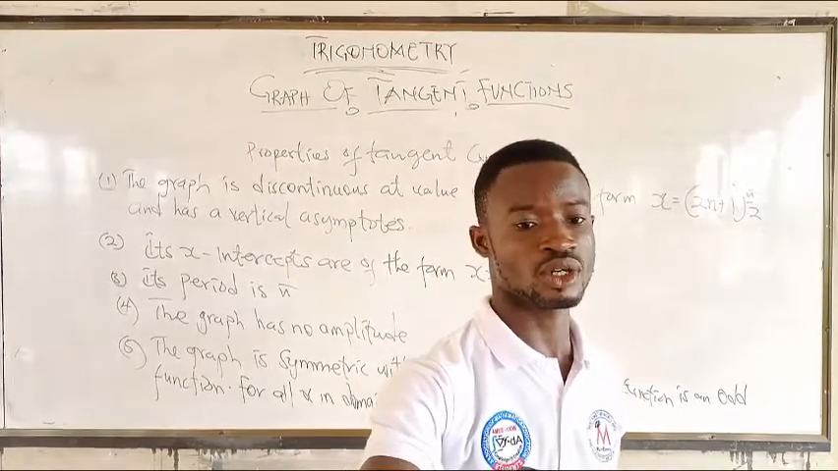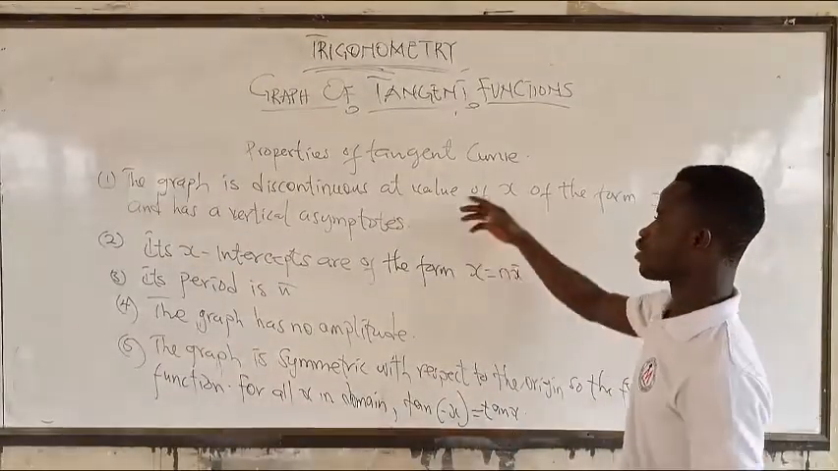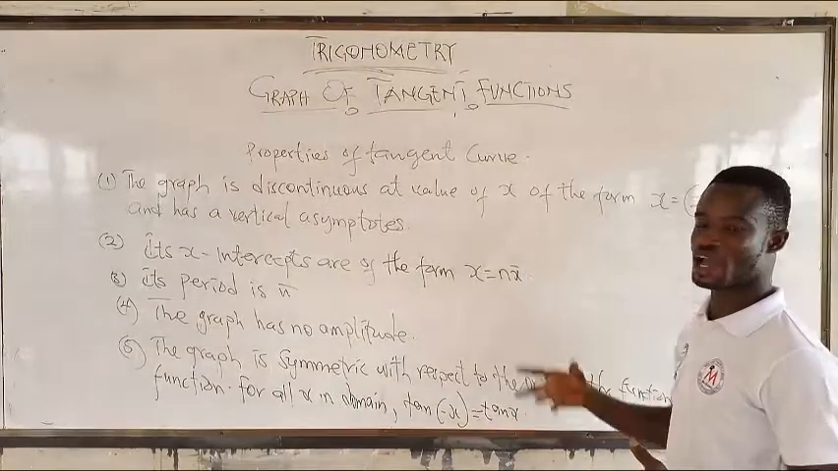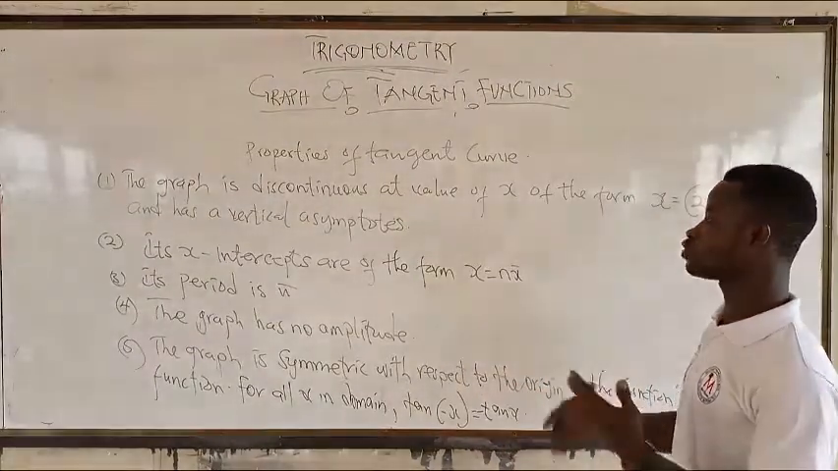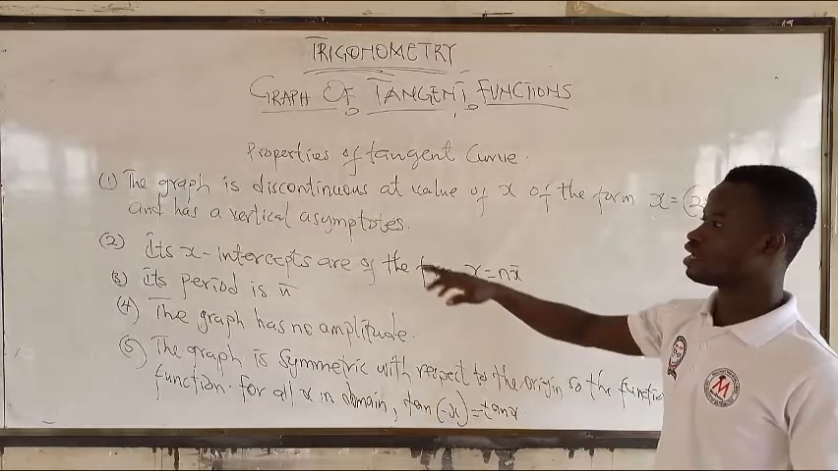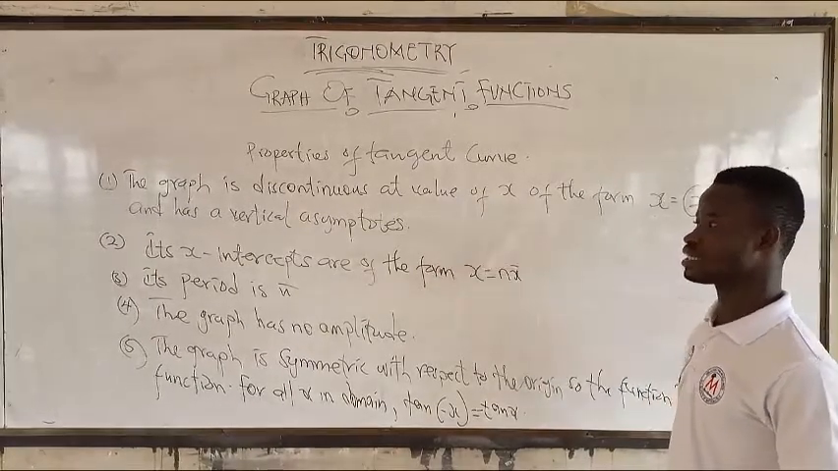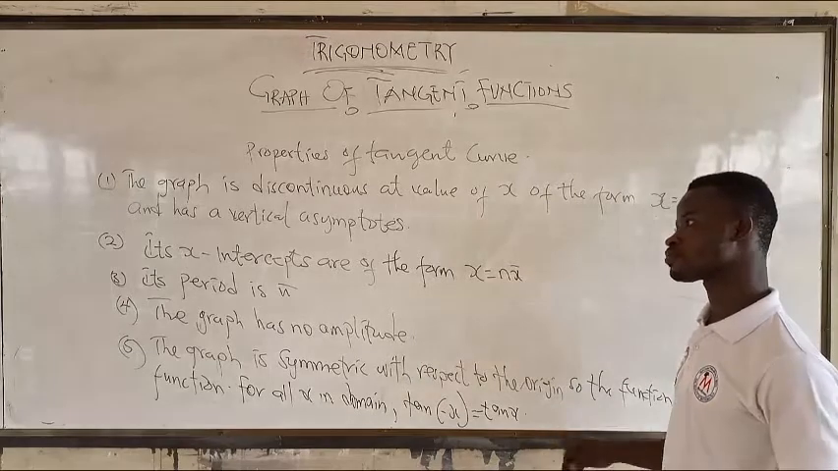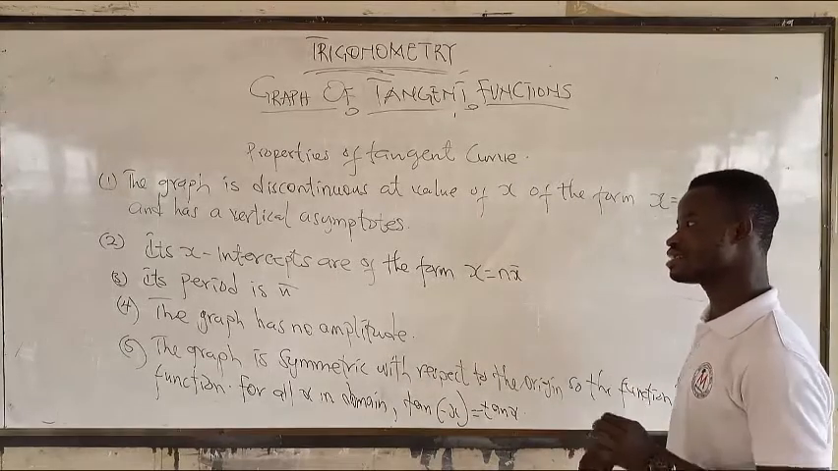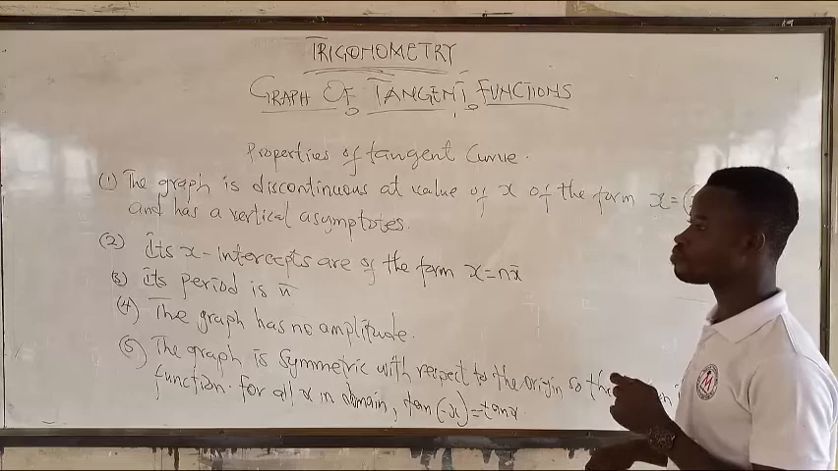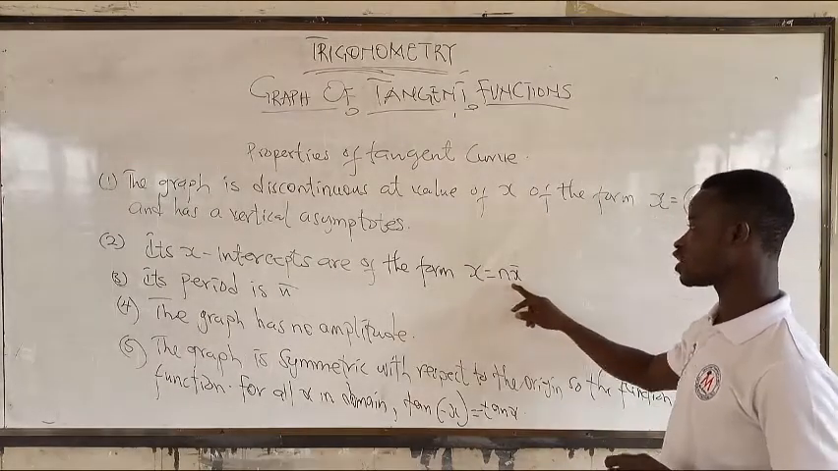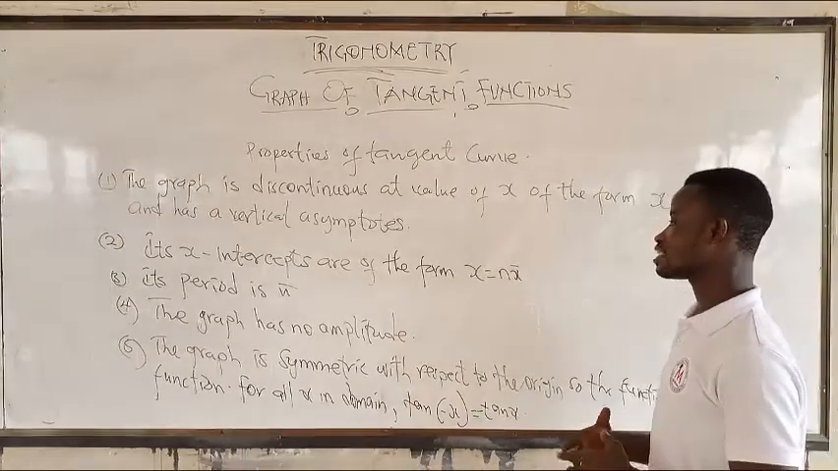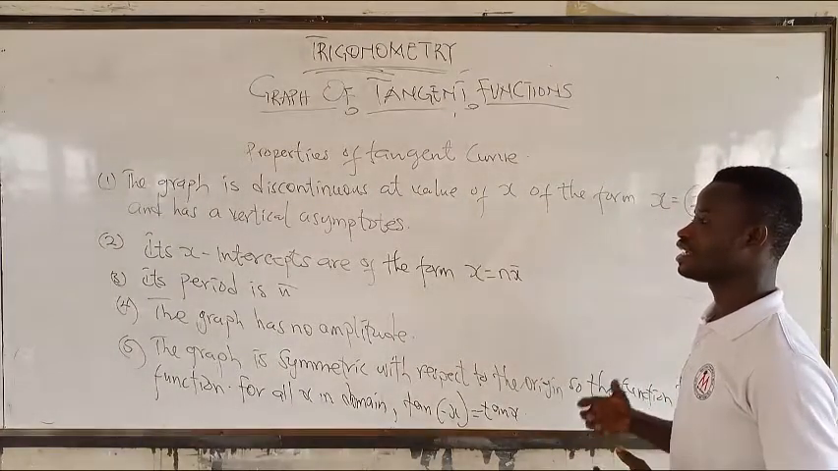Yeah, it's not only at pi on 2 and negative pi on 2. When you continue with it, you can realize that it will be repeating as such. So it has a vertical asymptote, just end it there. 2. Its x-intercepts are of the form x equal to n pi. And 3, its